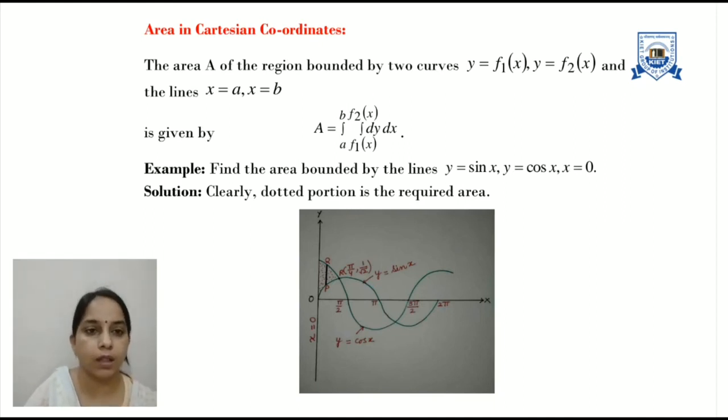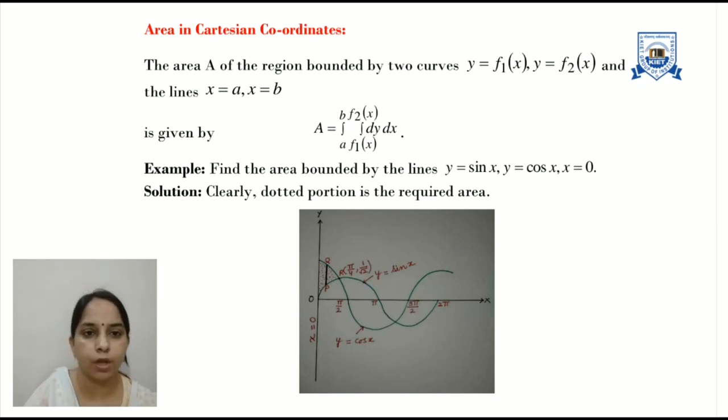Look here, in the dotted portion I have taken a vertical strip that starts from point P and goes up to the point Q. I am choosing a vertical strip, that means I am taking variable limit of y. So the limit of y starts from the point P that lies on the curve y equals sin x and goes up to the point Q that lies on the curve y equals cos x. So the lower limit of y is sin x and the upper limit of y is cos x.